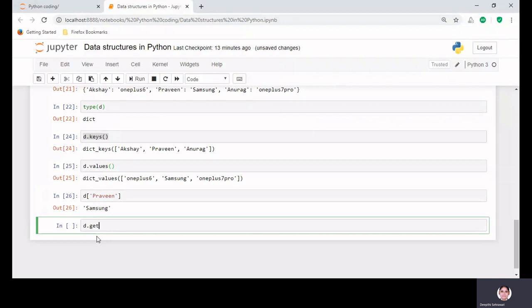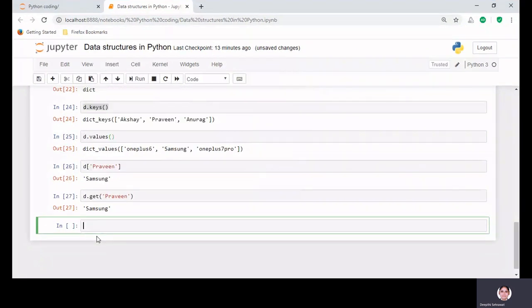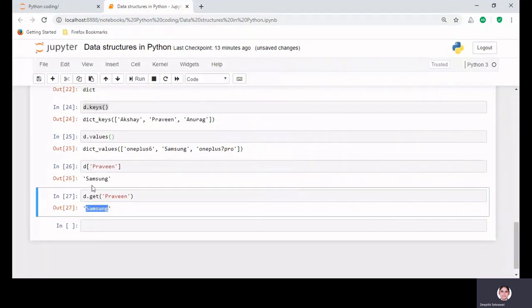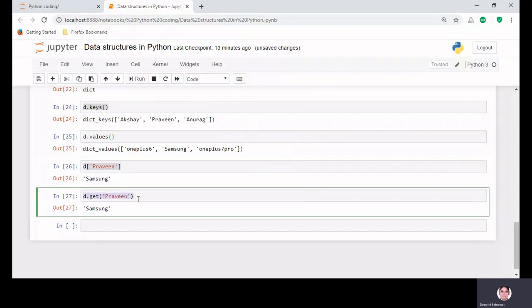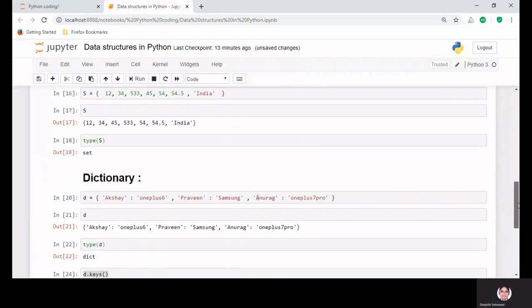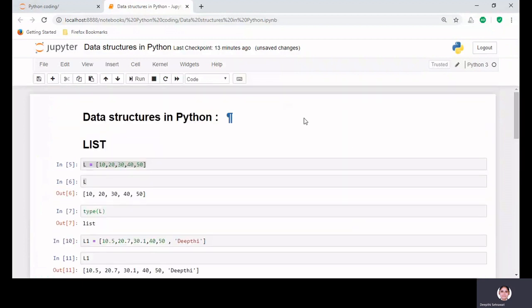We have b dot get, in which I will enter the string. The same result with this also. So it means either I write it like this or this way, both will give me the same result.